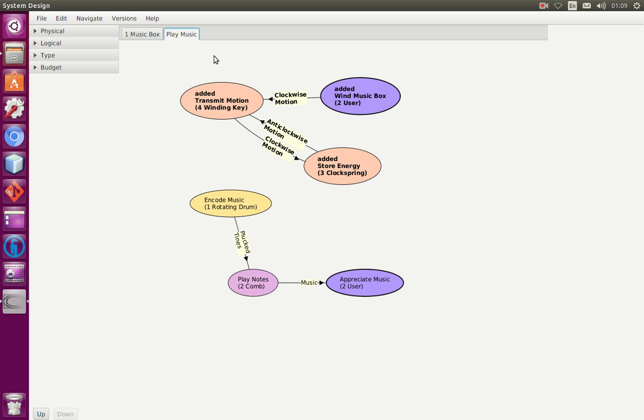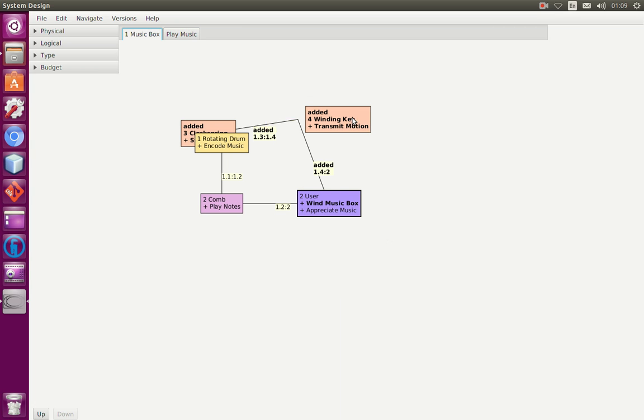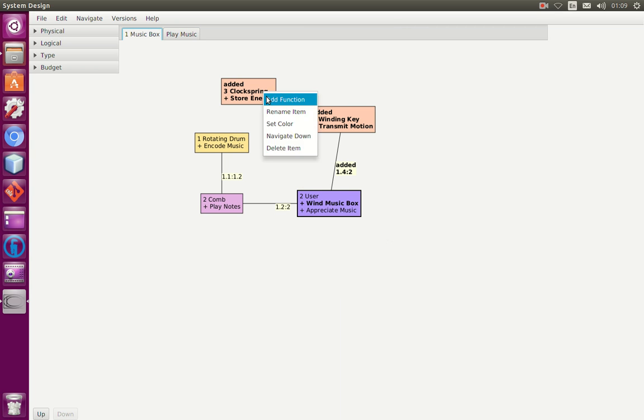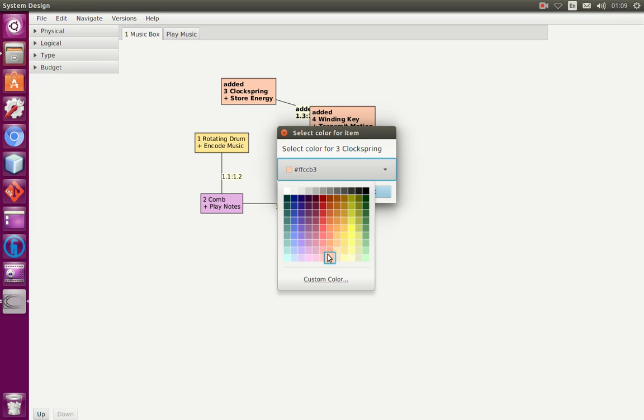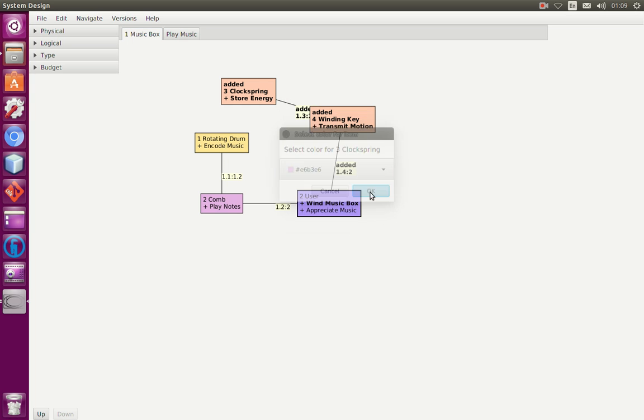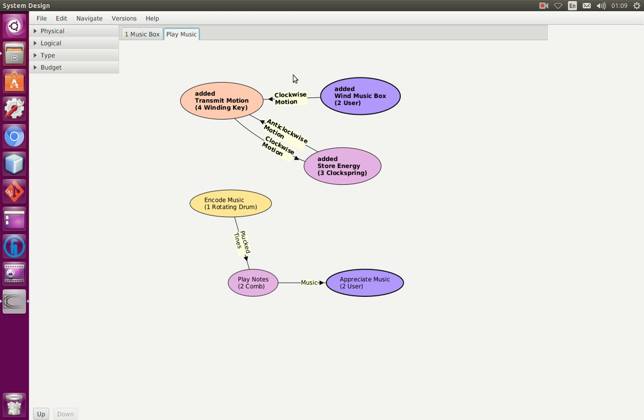So let's give the clock spring its own color. And that will make it a bit more obvious. Now the winding key is then obviously going to transmit the now anti-clockwise motion into the rotating drum, and that's how we're going to power this machine. So we save it,